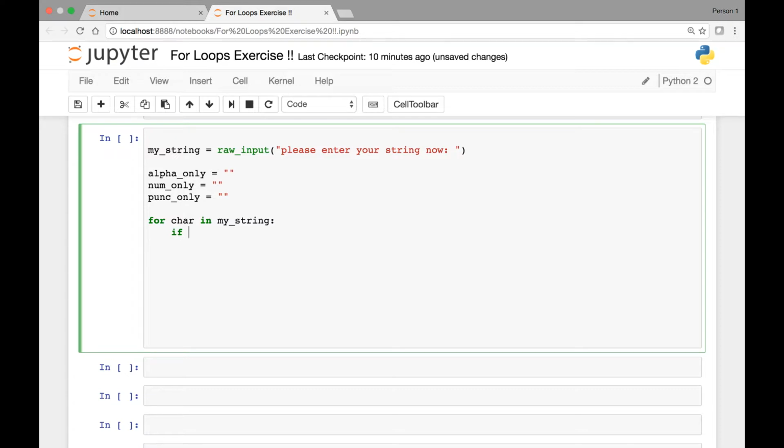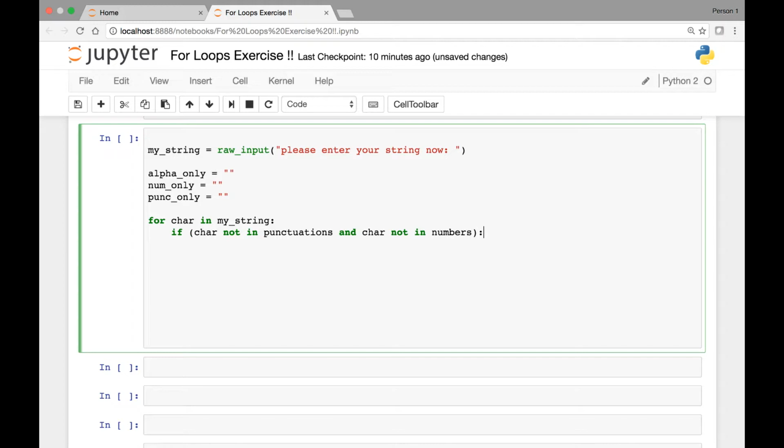So we can say if character is not in punctuations and character is not in numbers. So if it's not in either of those two,